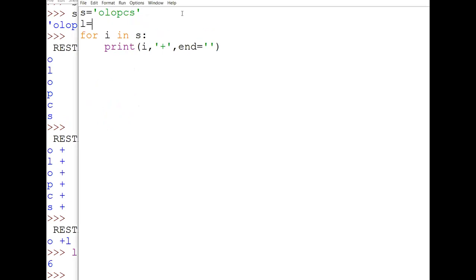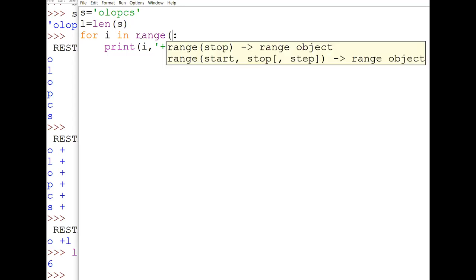So length will be equal to len of s. If I'm having the length of the string, what I can do over here, instead of this, I can give the value in terms of range, because this time I want my collection to start with -1, as we have discussed just now, -1, comma, whatever is the length of my string, its negative value. So therefore we will say minus of L. Now see, if I'm saying minus of L, it will be minus of 6.